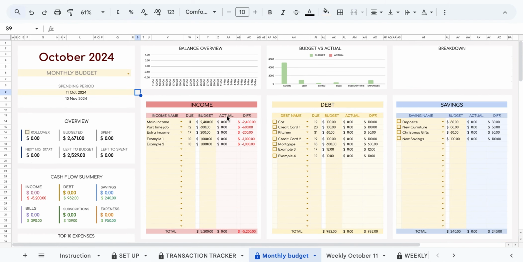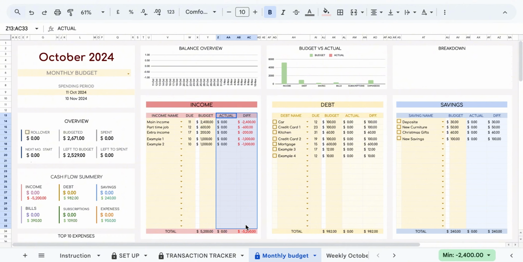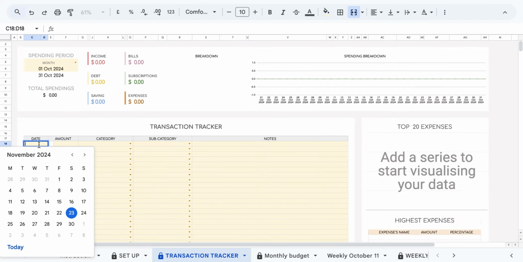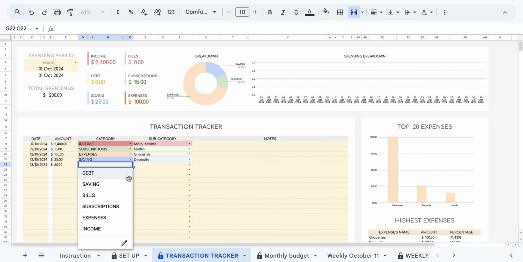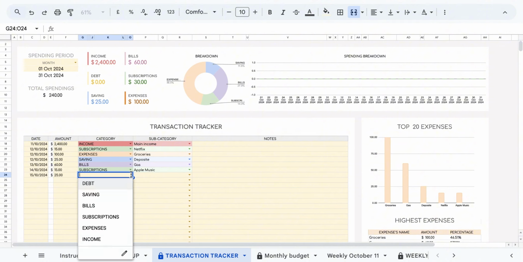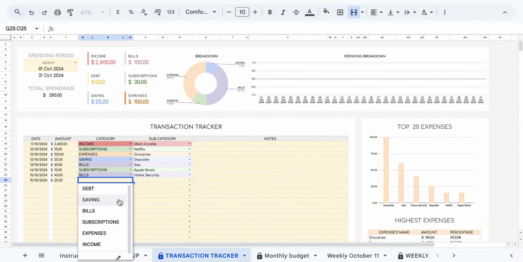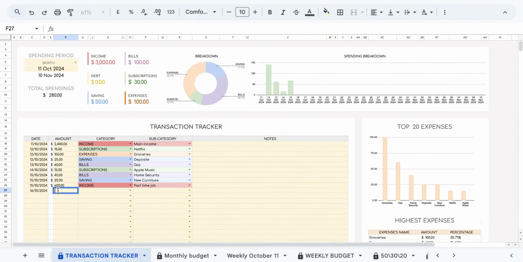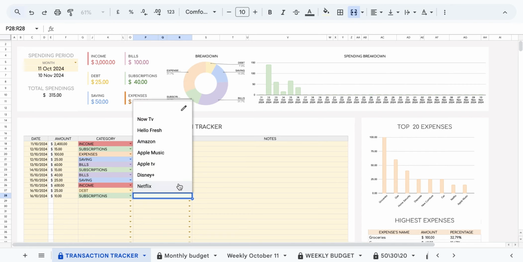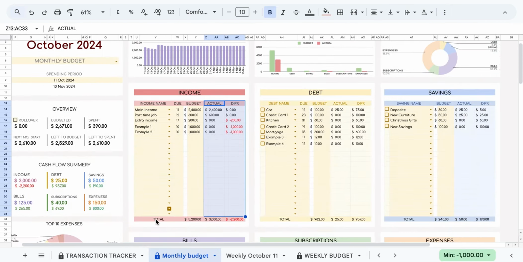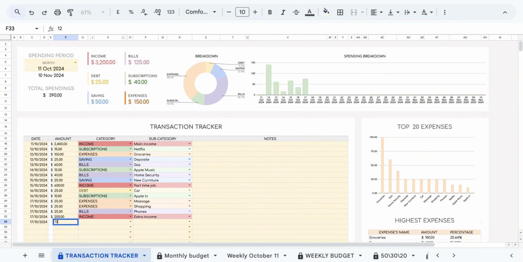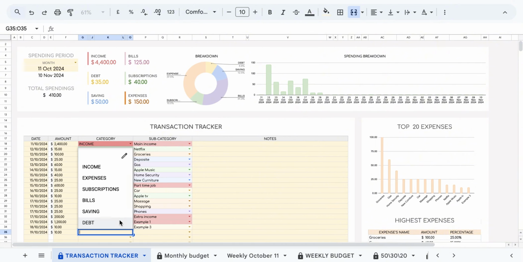About the actual and difference columns, please don't enter anything in them on this sheet. Instead, you'll need to record your actual income and expenses in the Transaction Tracker tab. The Monthly Budget and Weekly tabs will automatically pull that information over to the actual column. The difference will also be calculated for you automatically based on the numbers you enter in the transaction sheet. So, remember, all your actual spending and income should be entered in the Transaction Tracker sheet, and everything else will